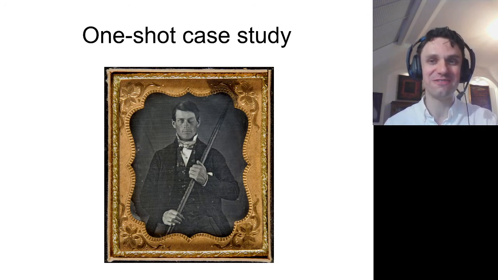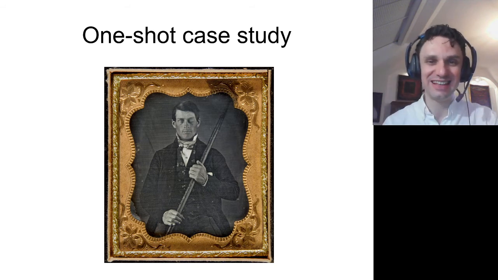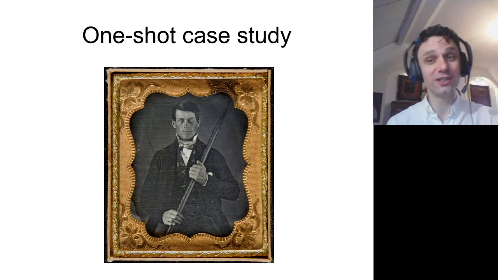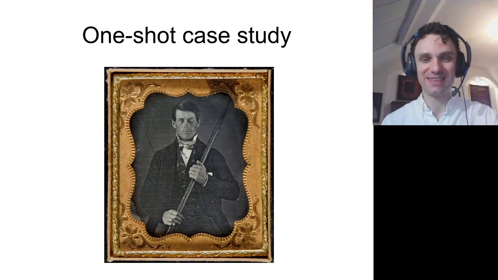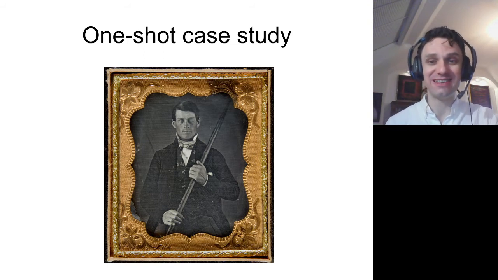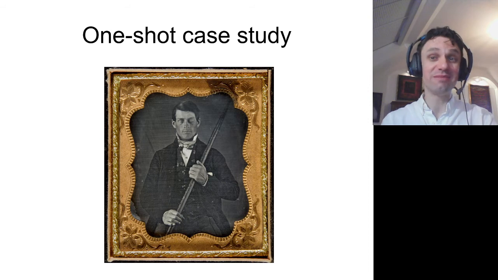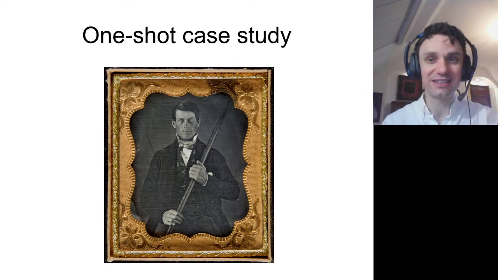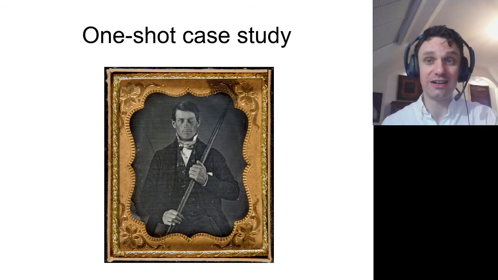Probably you've heard about this story of Phineas Gage, or if you did not, I will tell it. This guy was working at a company which constructed railroads, and his job was to use this metal rod to make holes in the ground. And then, after he made a hole, his job was to put in some dynamite and then gently press it down with the same rod. Unfortunately, one day things went wrong. Phineas Gage put dynamite in the hole, he pressed it with the rod, and maybe there was some kind of spark. The dynamite exploded, and the metal rod went right through his head and blew off a large part of his